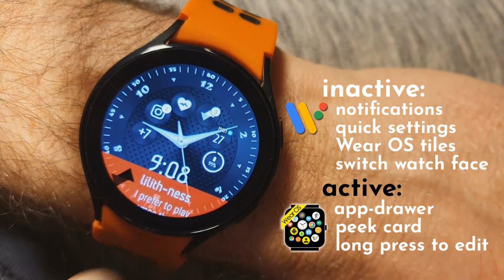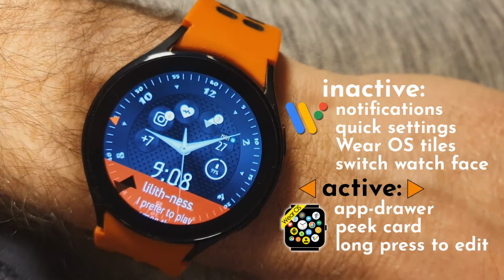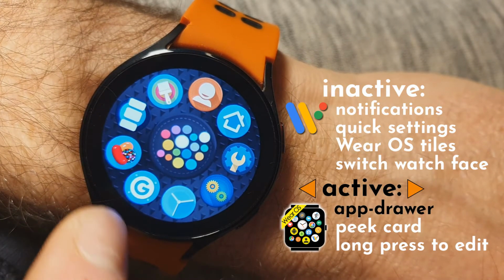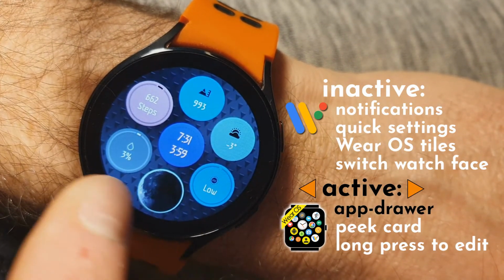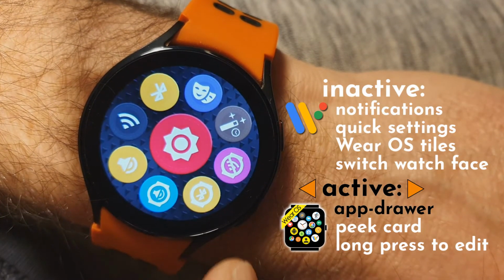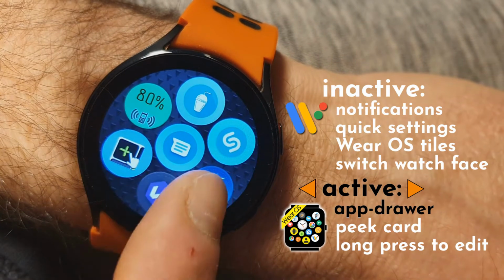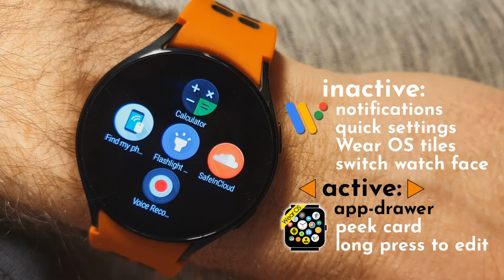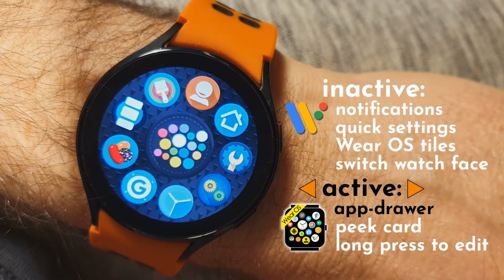Tapping the clock will show a little arrow on the side where the Bubble Cloud app drawer is. When you see this arrow, your touches will activate Bubble Cloud features. The multi-page app drawer with not only apps, but watch face complications, toggles and folders, Tasker and smart home control bubbles.